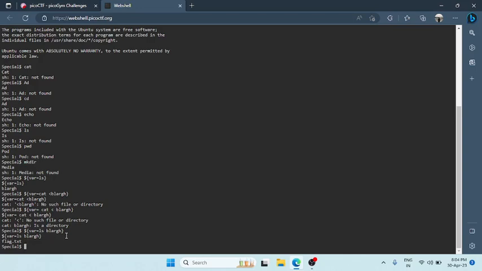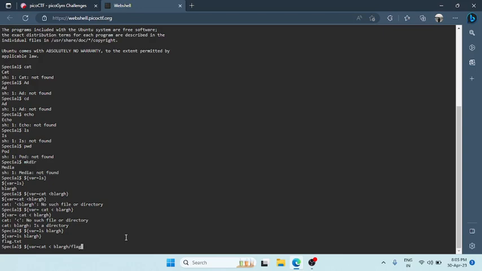Let's first try to cat this file and see if we are able to read the content of that flag.txt. We follow the same way: we keep the value in var, save it inside cat, and redirect the output, because we are going to cat flag.txt which is inside the BLARGS directory.